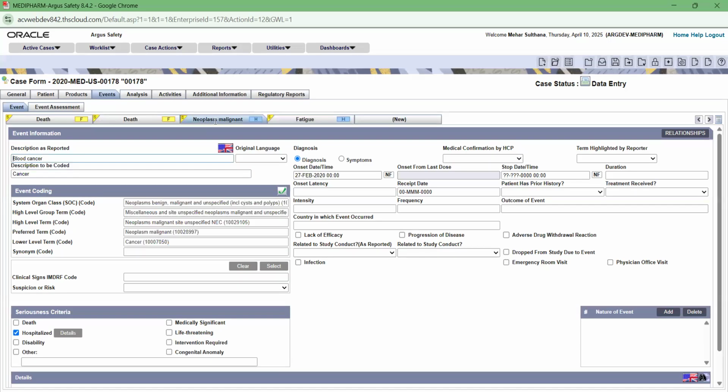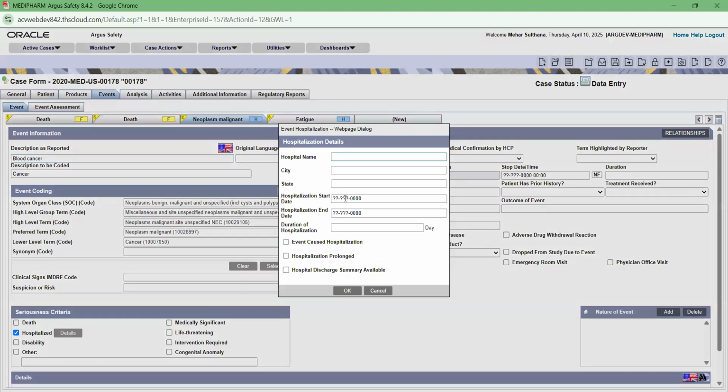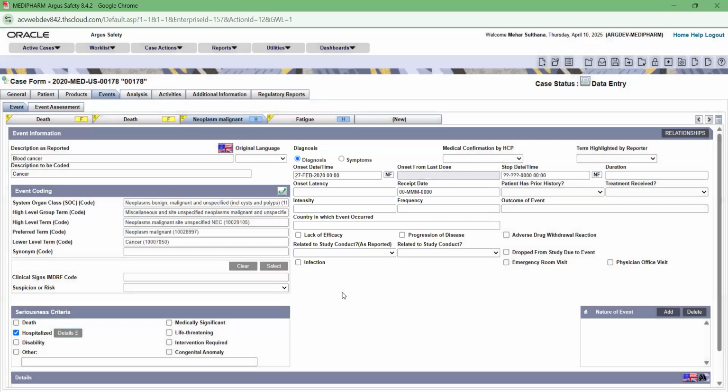So first the patient had a fatigue. Then he was diagnosed to have blood cancer. And this blood cancer had actually prolonged his hospitalization. So if the start date and stop date are present for hospital admission and discharge, you can write that. And here I'm going to click hospitalization prolonged due to blood cancer. Next, what happened was